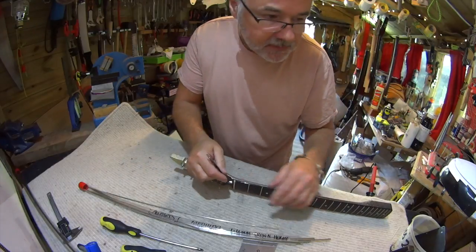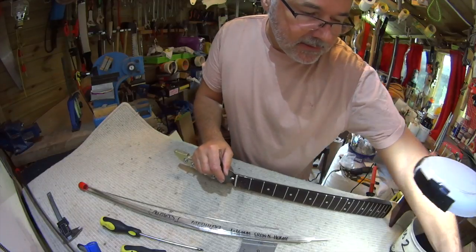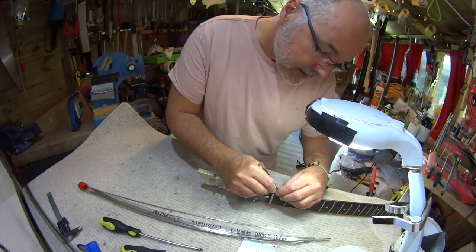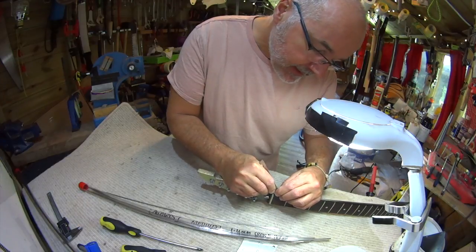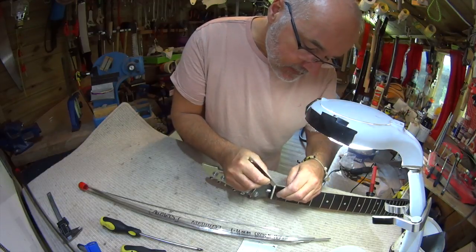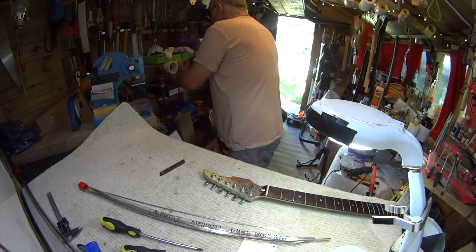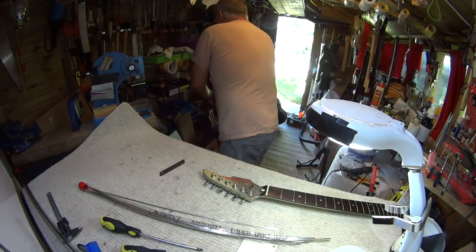Of course, we also have to score the edge of the nut here where it joins, and again that's a very nice smooth join to begin with, but we have to break it if we're going to get this nut out, which we want to, and it's simply not easy. I'd probably give myself a marginally better chance if I...